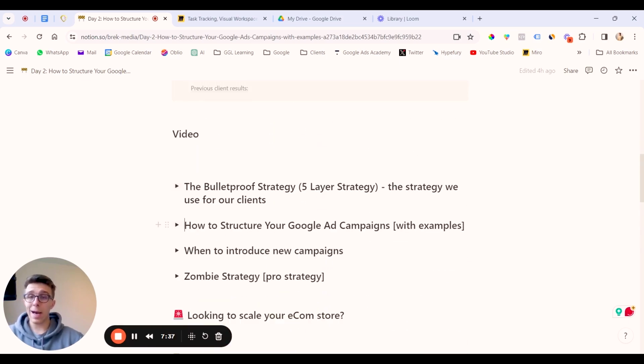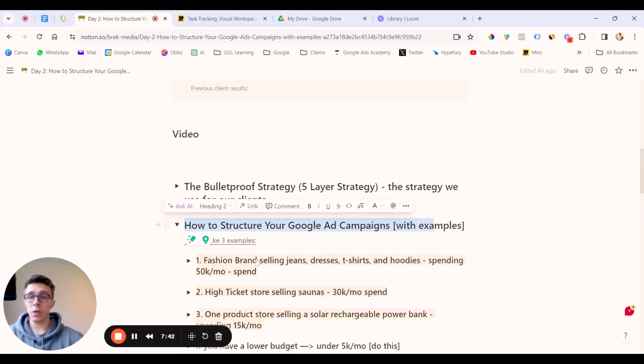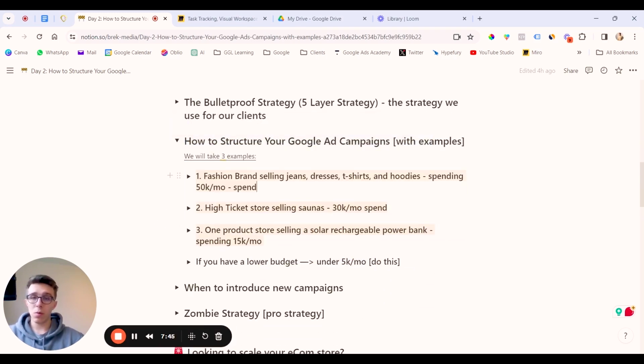Now we're going to go over how we can structure our Google Ads campaigns. Here I have 3 examples for you guys. One is a fashion brand selling jeans, dresses, t-shirts, hoodies, spending 50K a month. The second one is a high ticket store selling saunas, spending around 30K per month. And the last one is a one product store selling a solar rechargeable power bank,